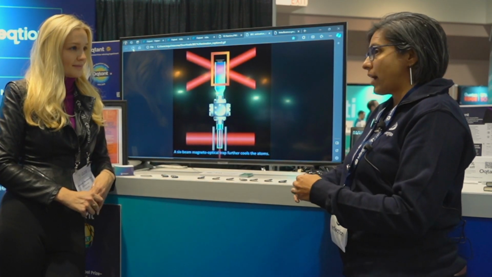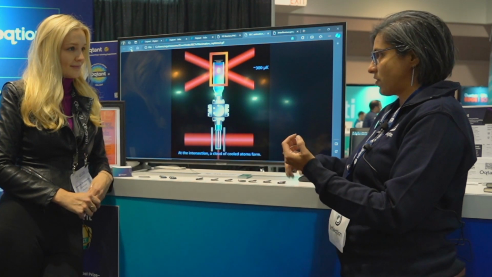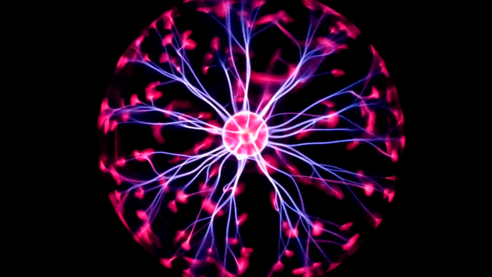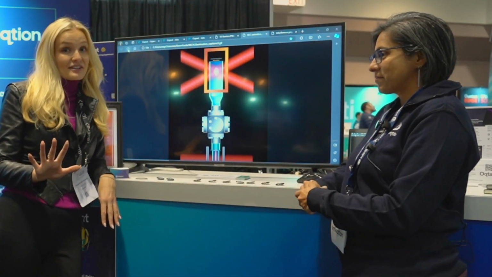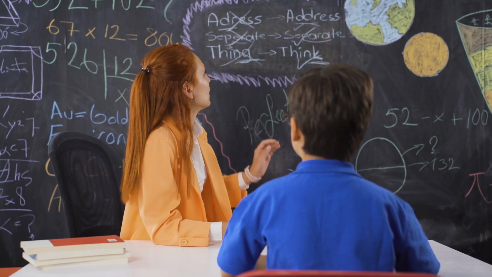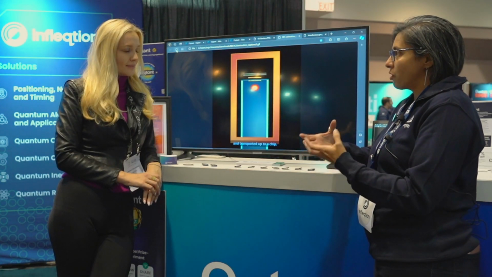And really it can easily start at the elementary age when they start learning about solid, liquid, gas. Why not talk about plasma and Bose-Einstein condensate? Yeah, because Bose-Einstein condensate is the 5th state of matter. That's right. Think about 4th grade, 5th grade, they're introduced to this field and it can capture more